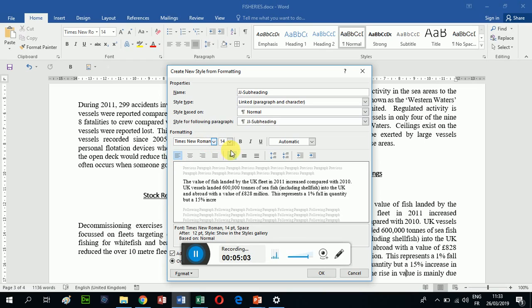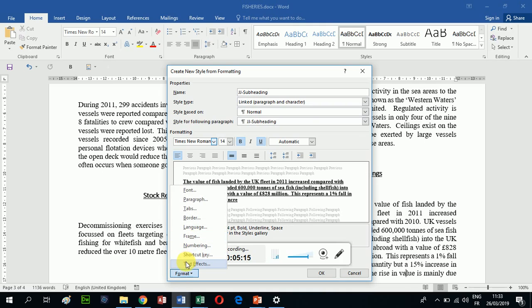Oh, yes, I also want it to be underlined. I want it to be bold, okay? My line spacing is single, great. Now, if I need to do anything else, like space before and space after, because I'll need to do that,